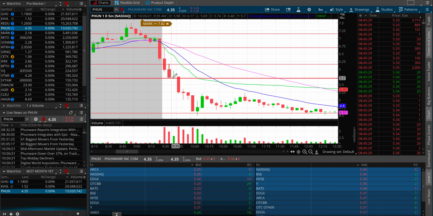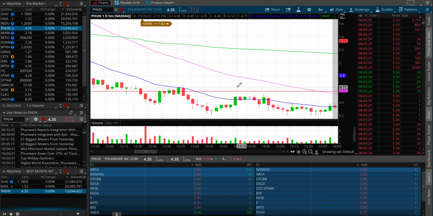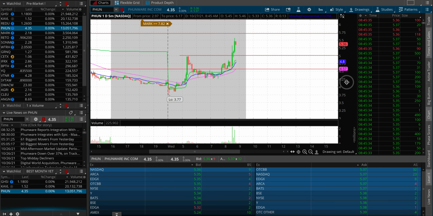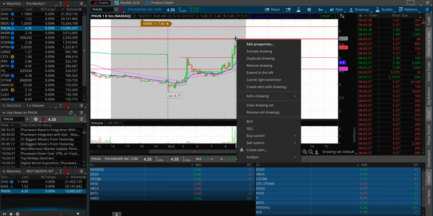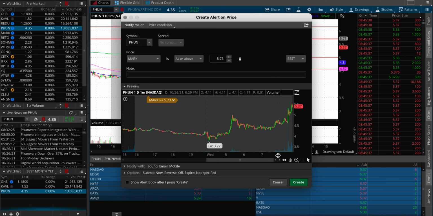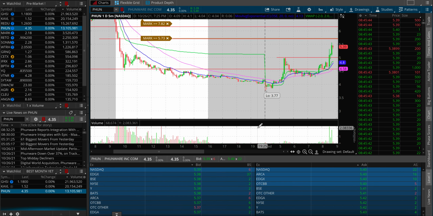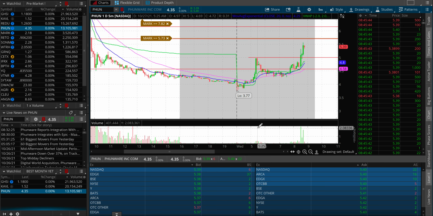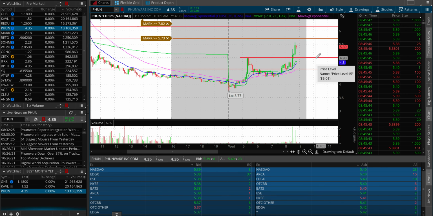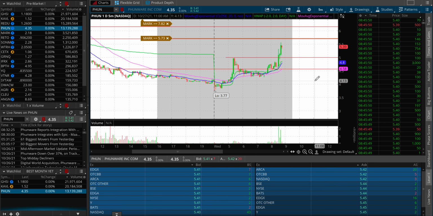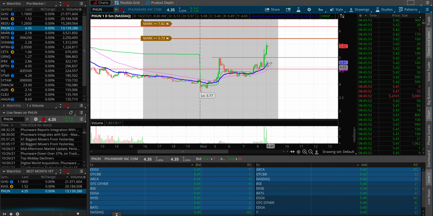So obviously when it broke below this level of 575 or so, we saw major selling. So we're going to set an alert there for the next squeeze level. Obviously a bounce on this level would be a trade. A bounce on this level, which hopefully doesn't go that far down anymore, because at this point that's below